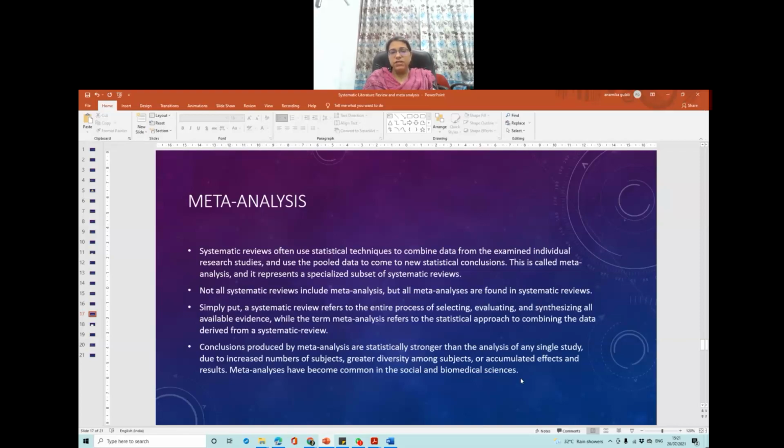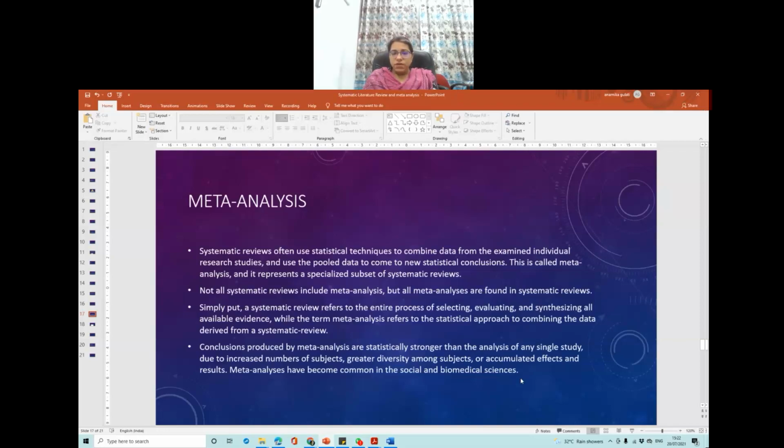For example, we conducted a technology and education impact assessment study. When we were studying individual studies, there were studies of about 100 respondents, or some with 50 respondents, or some might have 10 respondents. But when we combined the data in a systematic review format, we might finally get into a meta-analysis of 2000 respondents or even more than that. So that actually produces statistically stronger results.